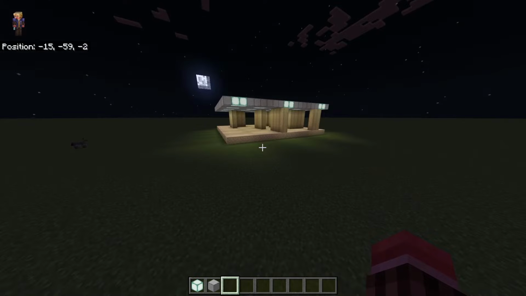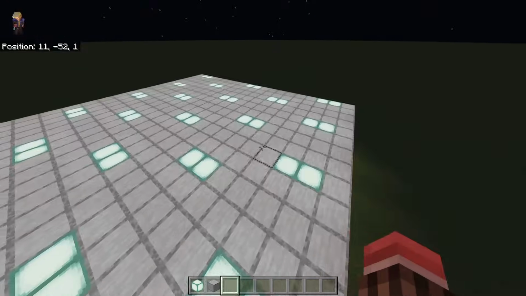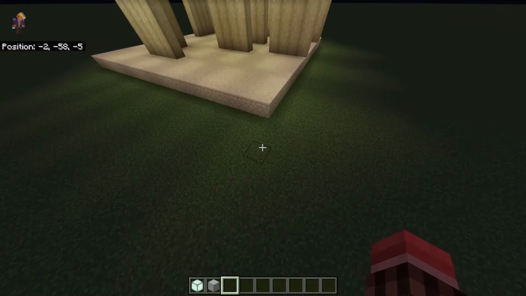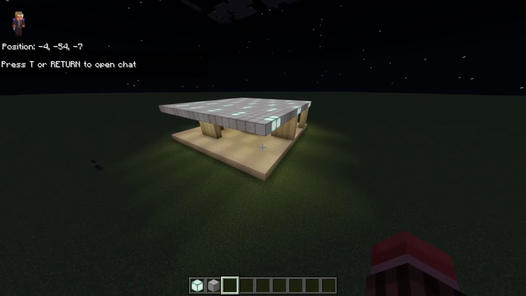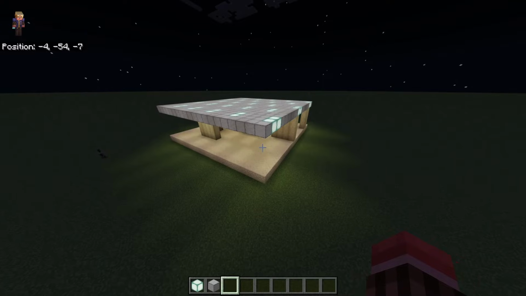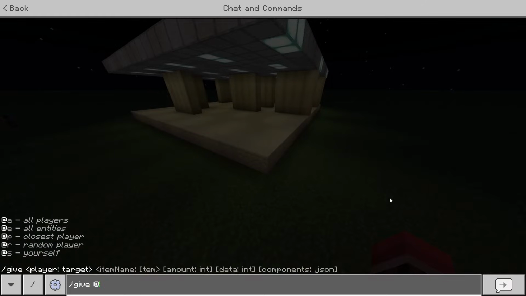So now we get to the fun part, command block time. Now these are the hardest, and I actually have them in another world, so I'm going to quickly copy and paste those command blocks into this world. Alright, now that I'm back in this world, and I have the commands for the command blocks, let's first get the command blocks themselves. So the first thing you need is to type in the chat /give @p